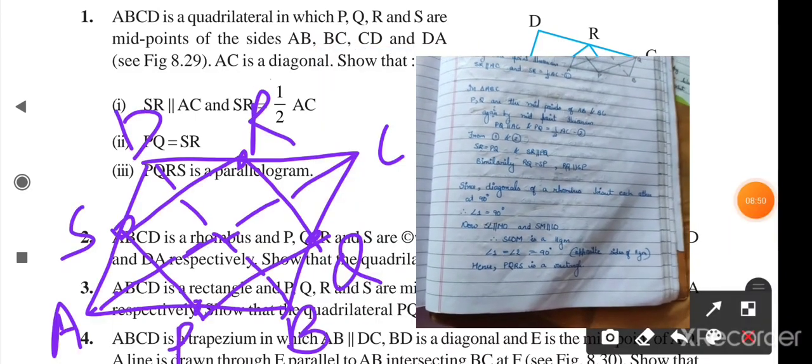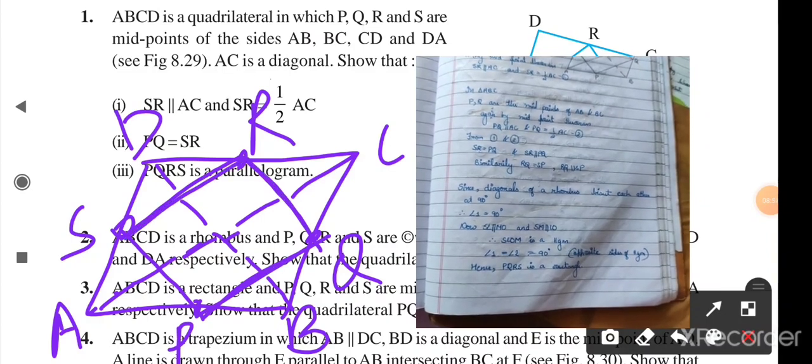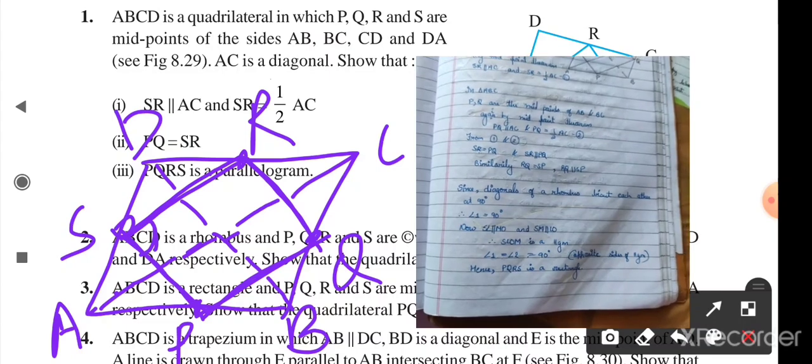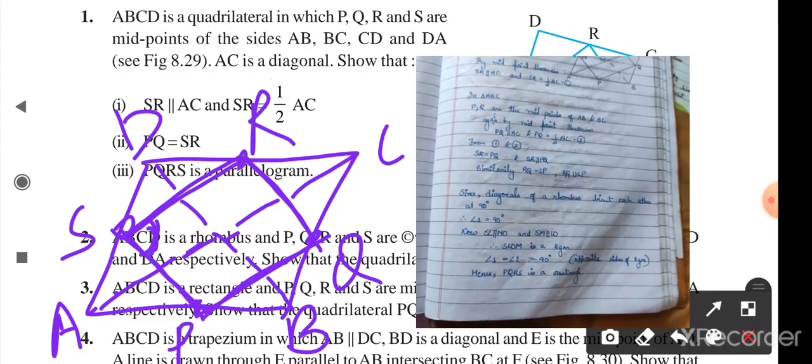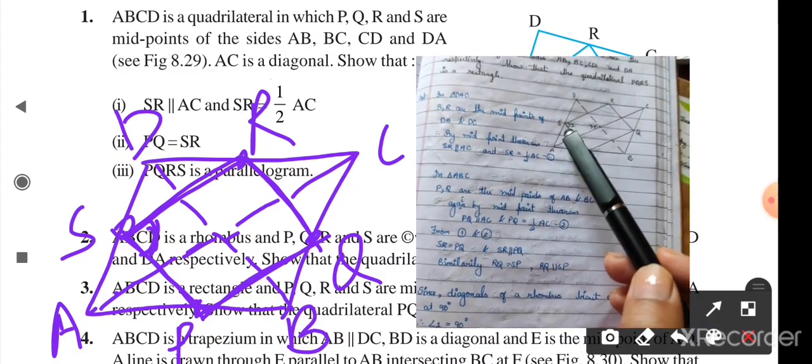Now, see that the opposite sides are equal as we have proved, but we have to prove that each angle is 90 degrees. For each angle to be 90 degrees, you have to prove each angle is 90 degrees because PQRS is a parallelogram. We have already proved that. Each angle we have to prove a right angle, or you can say that angle S is equal to a right angle, or in the figure I want to show you this angle S is equal to 90 degrees.